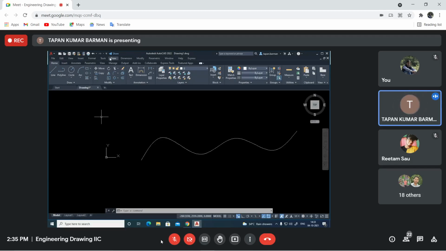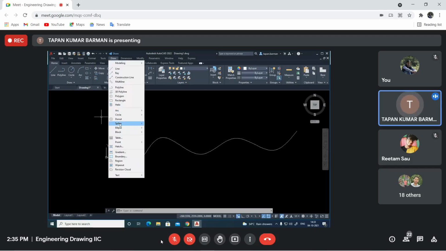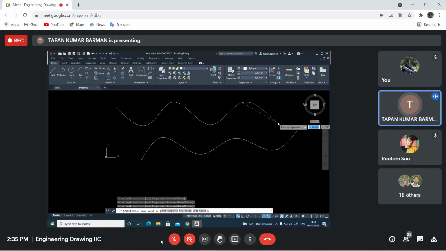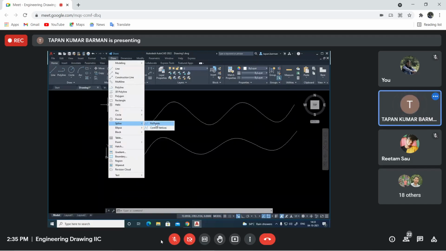Again, I am doing it from draw. You take spline. The first option, fit points. Suppose this is my first point, second point, third point, fourth point. So you should know the point information to make the spline. Say this is my spline, enter it. Can you do this spline?